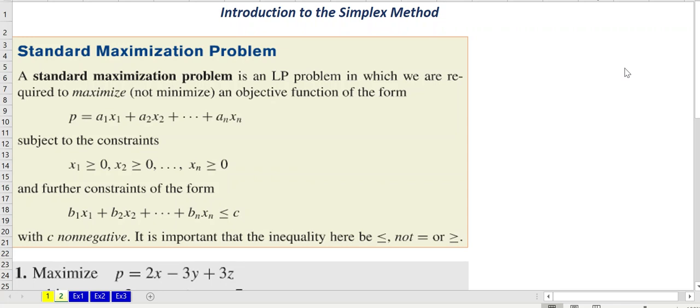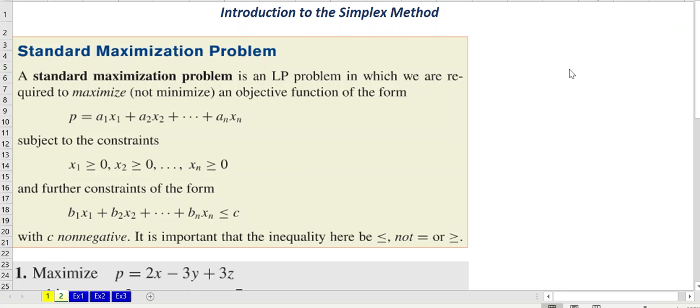In this video, I'm going to introduce the simplex method. The simplex method is another method for solving linear programming problems. We've already looked at the graphical method for solving linear programming problems, and so the simplex method is a little